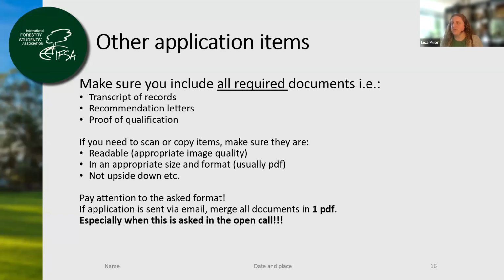And in general, if you need to scan or copy anything, please make sure it's readable, it has an appropriate image quality, it's not upside down or left way over, and it's not in some format where somehow it actually is readable. And then unless it's asked differently, and specifically if it's asked this way, please put it in one PDF,